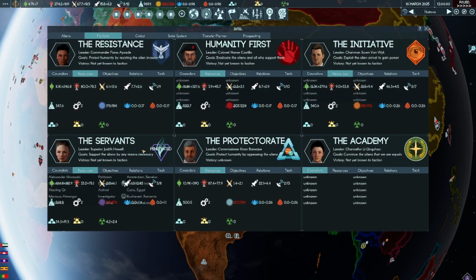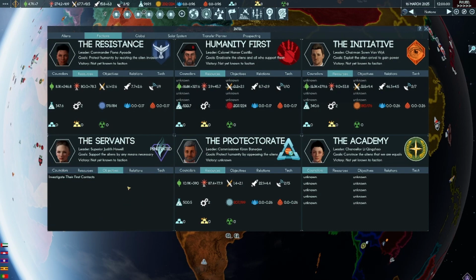So if we look at the servants, they've been penetrated. Their counselors are these guys. Their resources, we already knew their objectives. Investigate their first contacts. They're in conflict with just about everybody. They have the support of the aliens, though. Their tech...